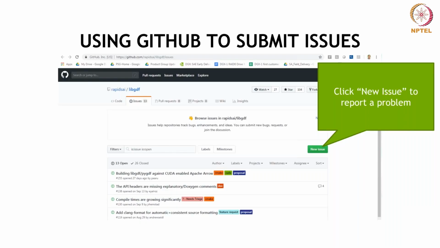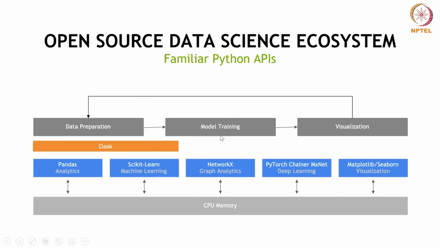So as I said, RAPIDS is basically an open source project. You can anytime go to github.com/rapidsai and download it, or in case you're facing any problem, you can report a new issue, or you can raise a feature request for something which is not there in your current data science pipeline. If I were to summarize whatever I talked about, this is the open source data science platform